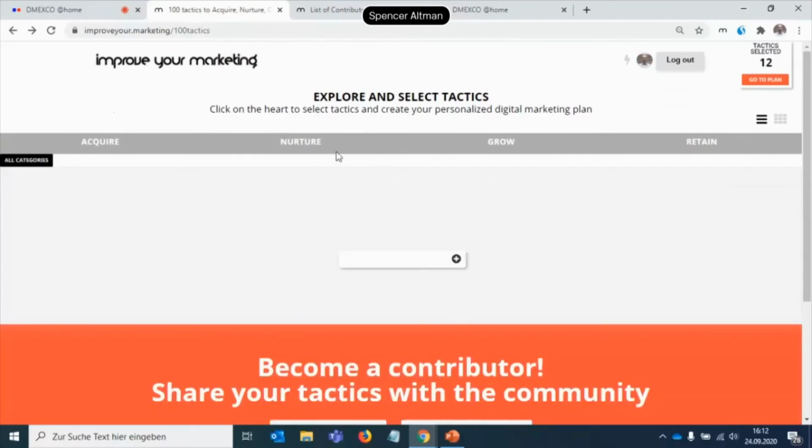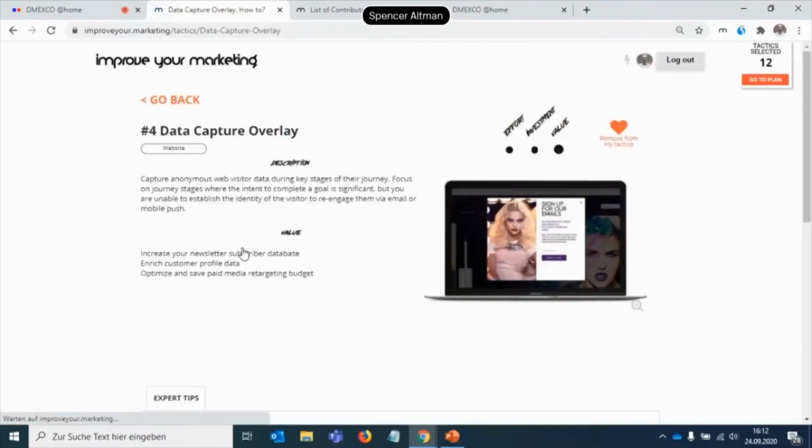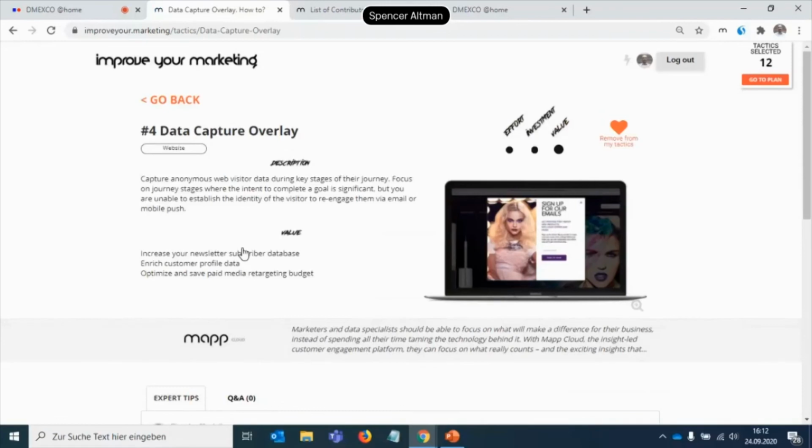Types of tactics that we have in there. Mentioned digital receipts, other things such as data capture overlay, catching users when you don't have a very deep relationship with them yet, when they're relatively new. As they're going, you can set a newsletter offer overlay and say, hey, before you go, would you like to sign up for our newsletter? This allows the user, the potential customer, to stay in touch with your brand,